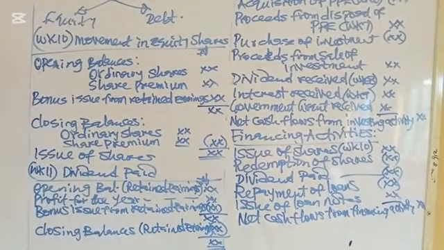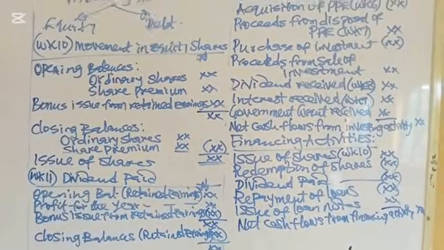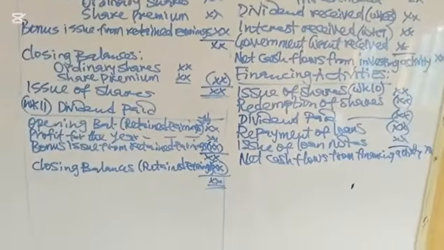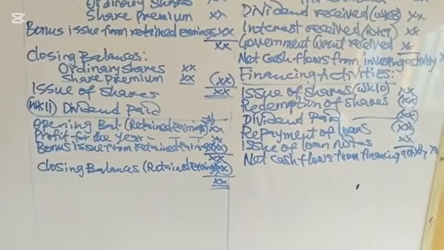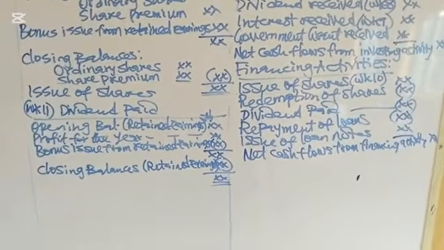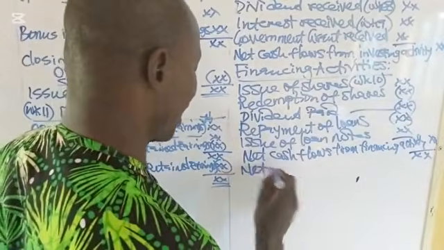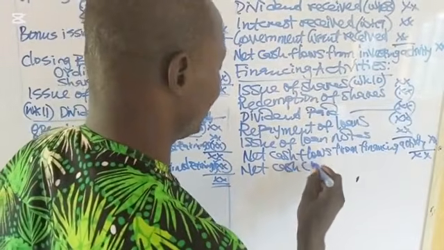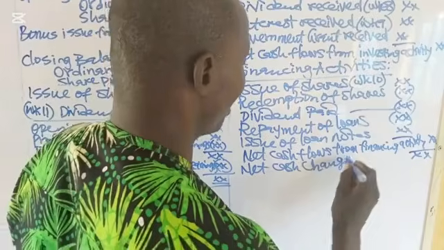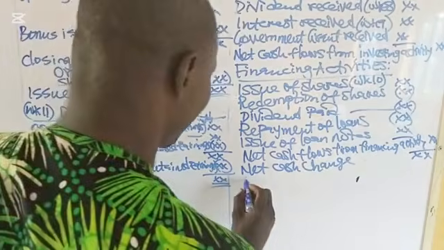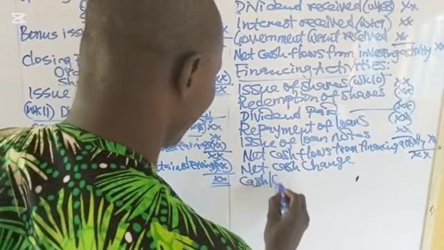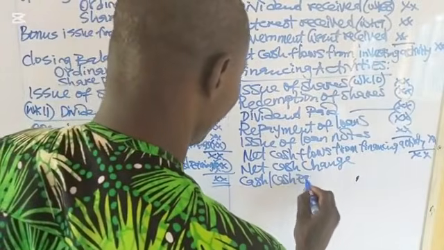After that, you add net cash flow from operating, net cash flow from investing, plus net cash flows from financing. The addition of the three will give you this. This is your net cash change. After the net cash change, you have cash or cash equivalent